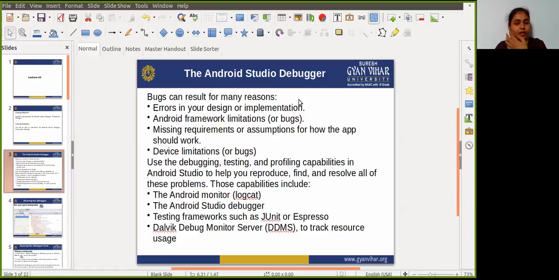First reason is maybe an error in the design and implementation. Second reason may be the Android framework installation. Or the third reason is a missing requirement or assumption for how the app should work.